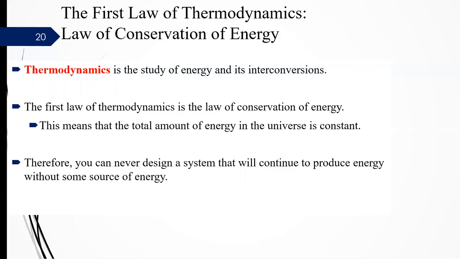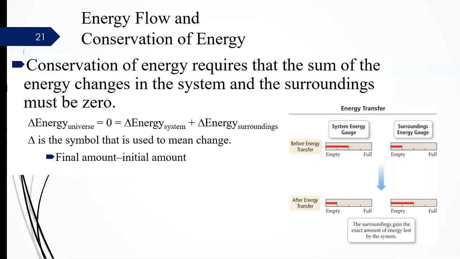So we can never design a system that just keeps producing energy. It's only ever converting that energy, and so there's always got to be more energy coming in as it comes out. That's the idea of like a perpetual motion device, right? It never actually works because at some point we have to have other energy coming in, keep it going. So the conservation of energy requires that the sum of the energy changes in the system and the surroundings